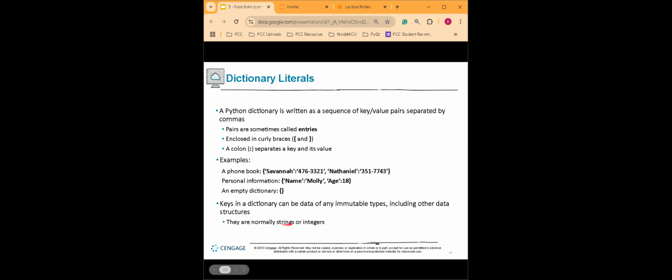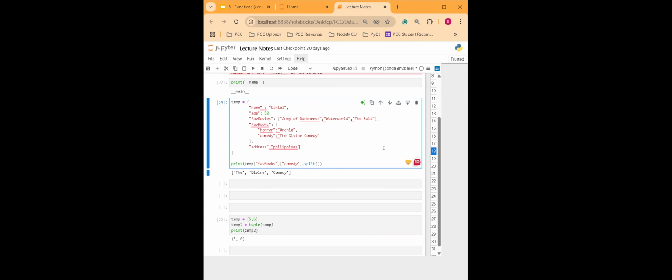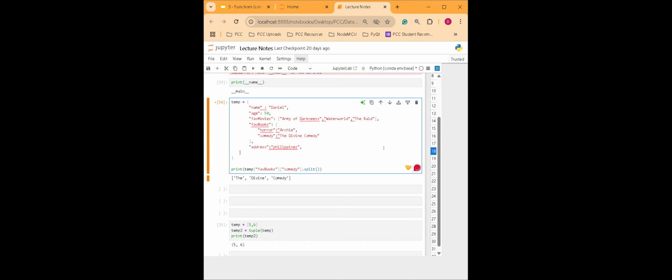So again, here they are normally strings or integers. You can also use any keys, as long as they are immutable types, right? So what does it mean? It means you can use what? What is something immutable that we have used? We have used